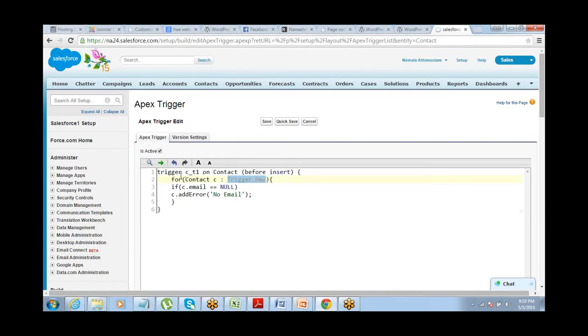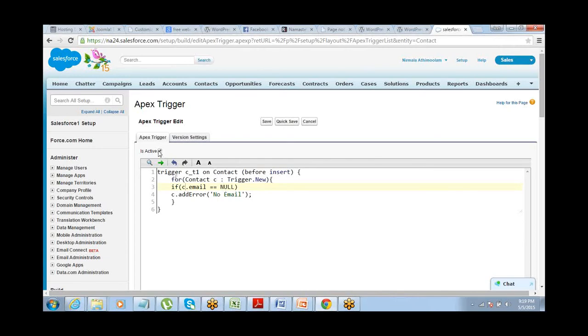And make sure that you're always using a for statement here, because then only it's going to check all the records. If there is only one record, it works absolutely fine. If there are 100 records, it works fine as well. So it checks if c.email equals null, it should throw an error.